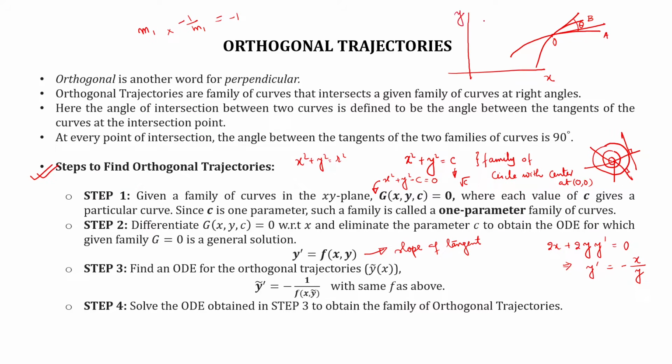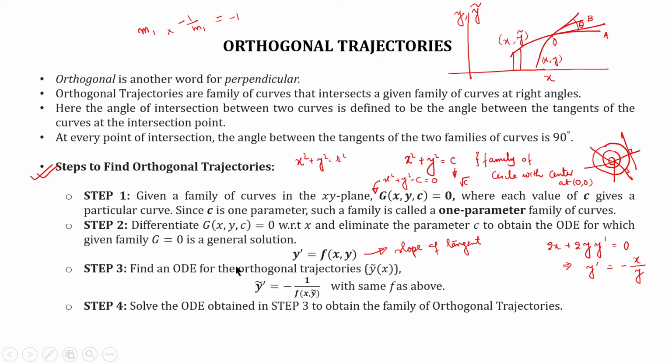So if this is the xy plane, this first curve has x and y coordinates, and the second curve has the same x from here, the independent variable, but a different y coordinate. So this axis is y and y tilde. We are representing both the graphs in the same coordinate system. That is why we are taking two different notations for the y coordinate. So while solving the problems also, we are going to take y tilde for the orthogonal trajectories and y for the original family of curves.